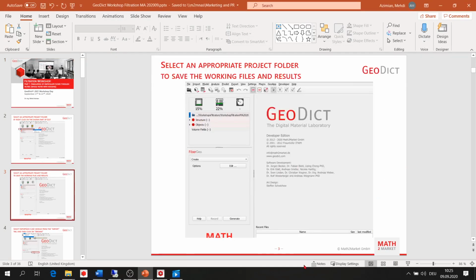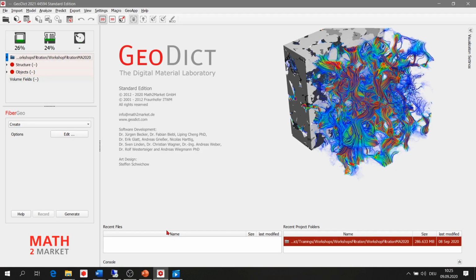So, well, I'll change to Geodict here. So this is the graphical user interface of Geodict 2021.